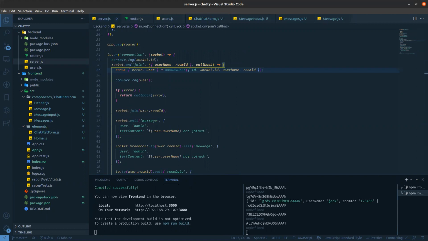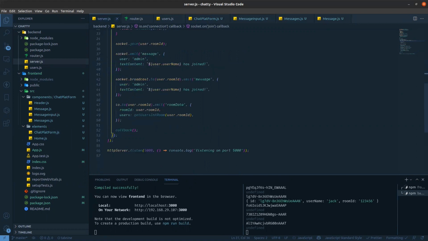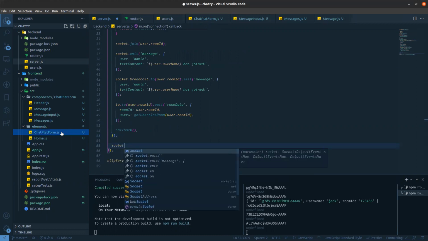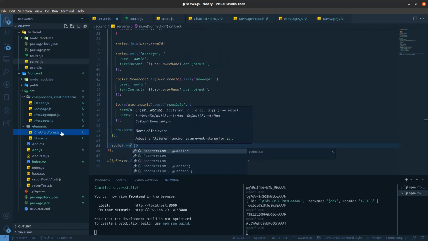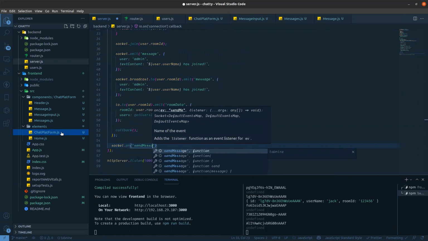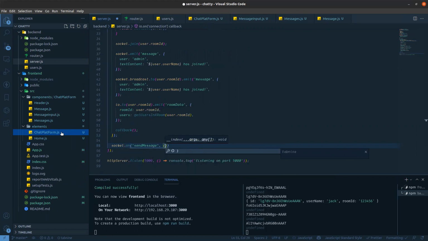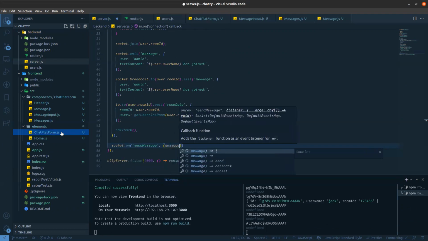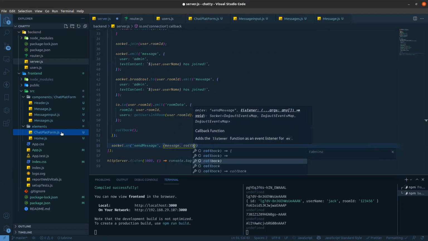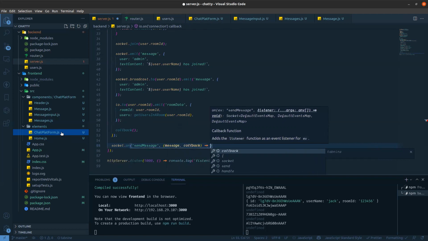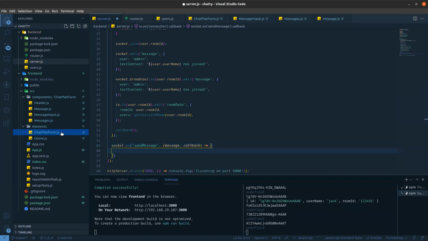Here, this thing is already done. When someone sends a message, that means socket dot on send message. It will catch the message and callback. First, we need to get that user.